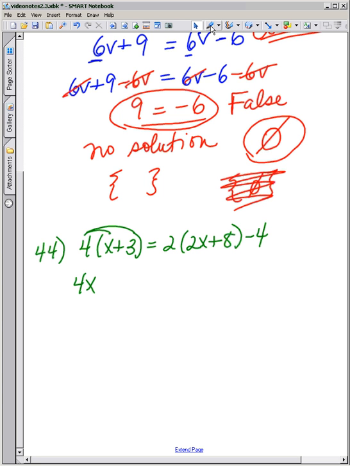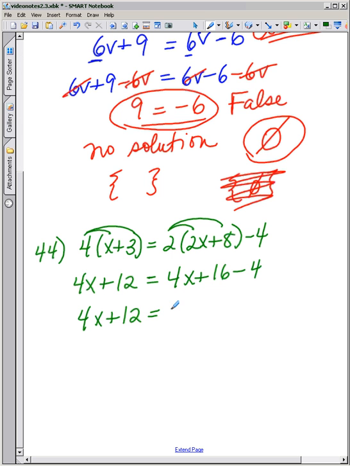It is equal to distribute them. This is 4x minus 4, okay, x plus 12. Side will 16 minus 4 plus 12. So you might already notice this one looks really different because